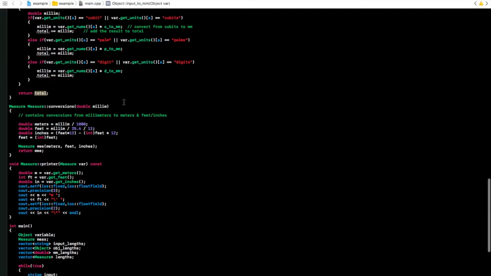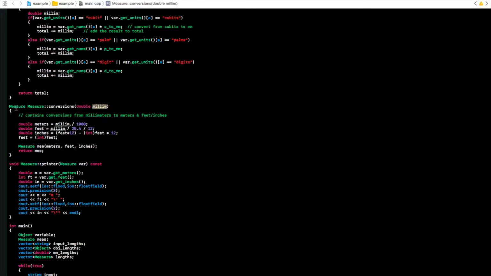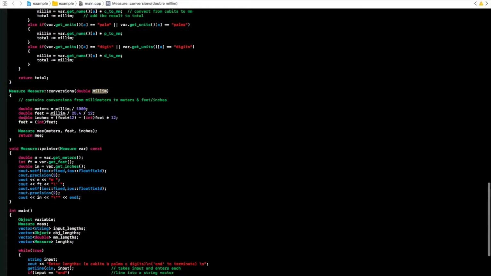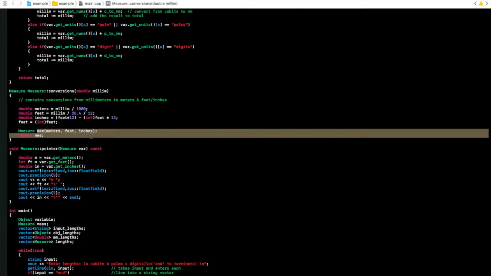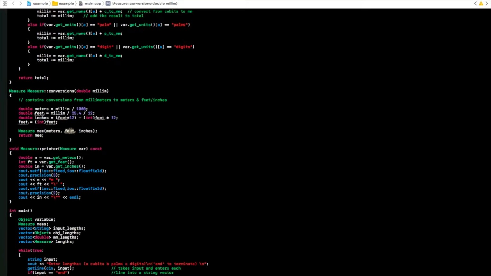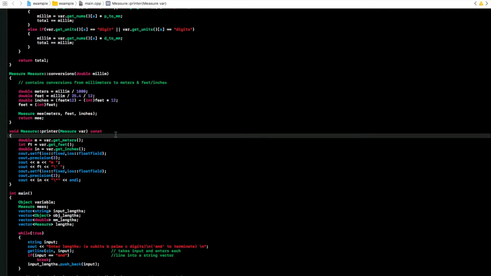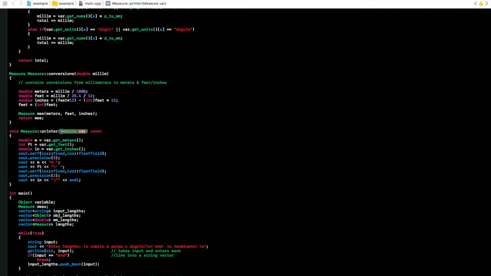This would then move on to the next function, which passes in these millimeters and returns a measure object. Down here, you can see that it returns the object measure in meters, feet, and inches. Meters is a double, feet is an integer because it will be printed out as an integer, with a double in inches. The next function will be the print function, and it will be taking in arguments as a measure object